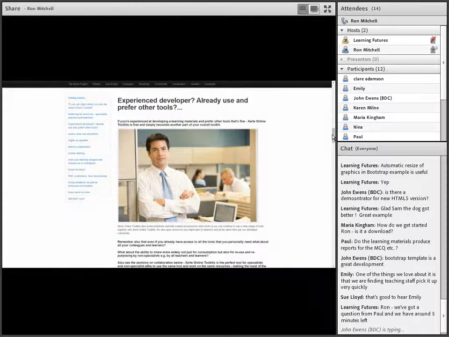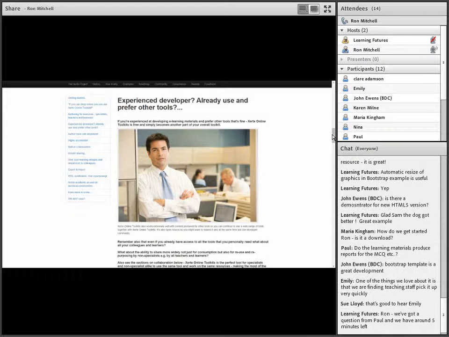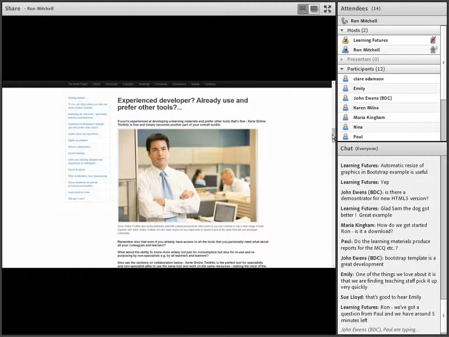And yes, Xerte will export as SCORM, and it will track the scores of a quiz and a multiple choice, and it will track views of individual pages. So you can export a SCORM and import it into the VLE, and it will provide quite a rich set of tracking data.